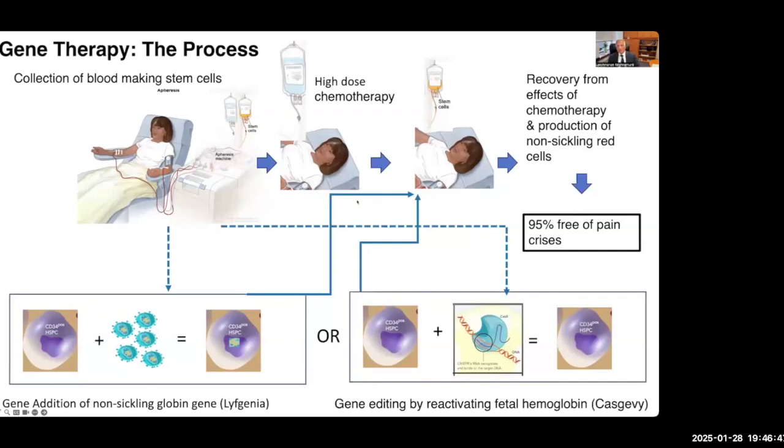Once this manufacturing process is completed, which takes about 4 months, then patients are brought in for an autologous transplant, get high dose chemotherapy with busulfan with pharmacokinetic dosing. And after that, 3 days later, they receive the stem cells, typically stay in the hospital for 35 to 45 days, and then essentially are followed as an outpatient